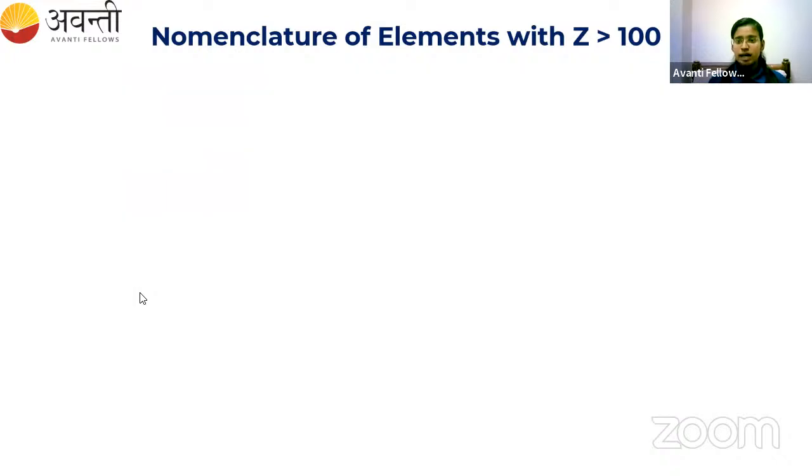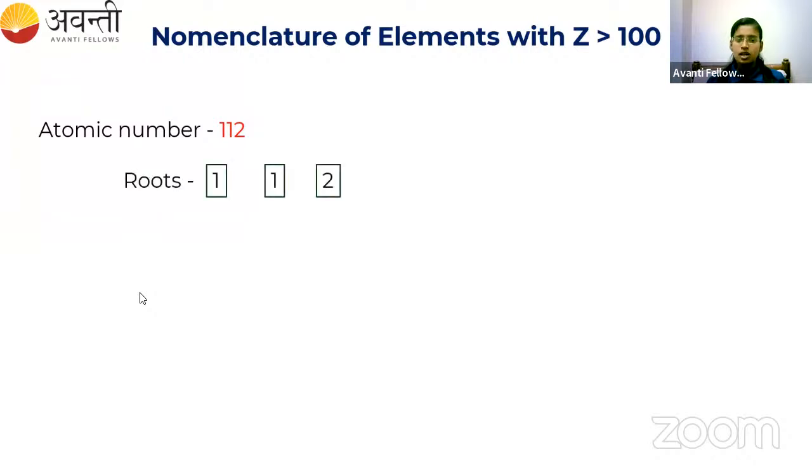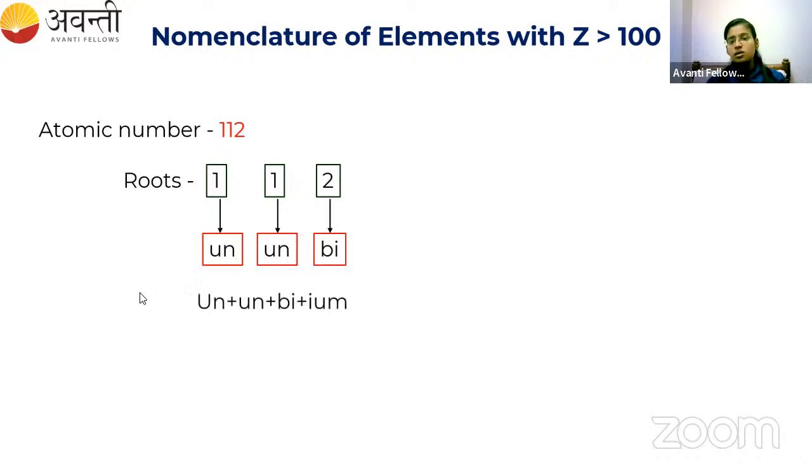Yeah. So now I'll take one element with atomic number 112. What are the numbers I have? 1, 1 and 2. For 1 we use un, and for 2 it is bi. Now connect all these three: un, bi, and the suffix ium. So the name of the element is un-bi-ium. Two vowels cannot be written next to each other, right? In that case, you have to use only one i. So unbium is the name,